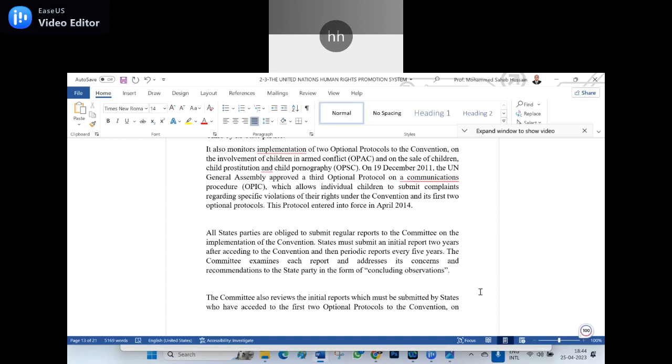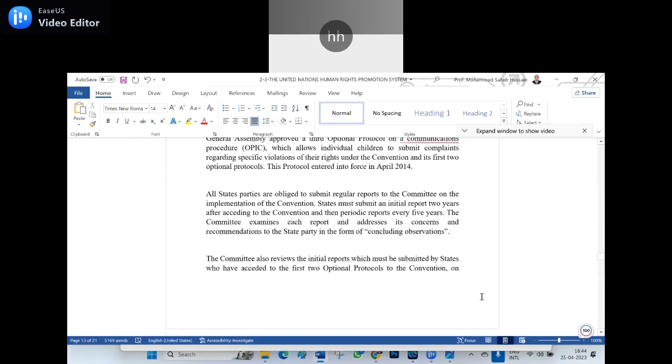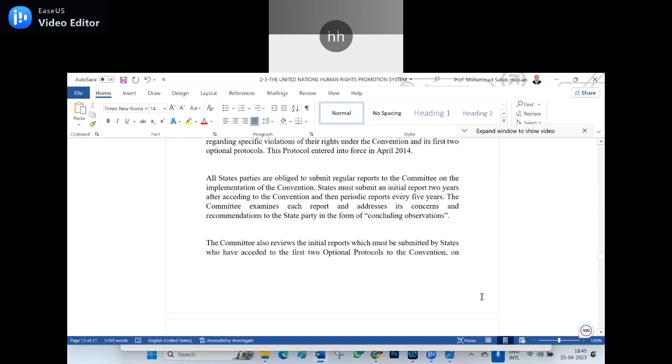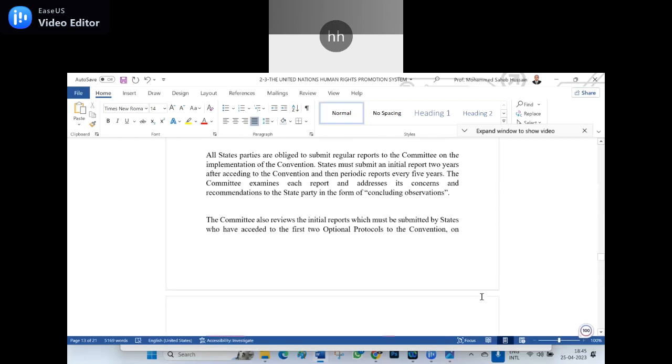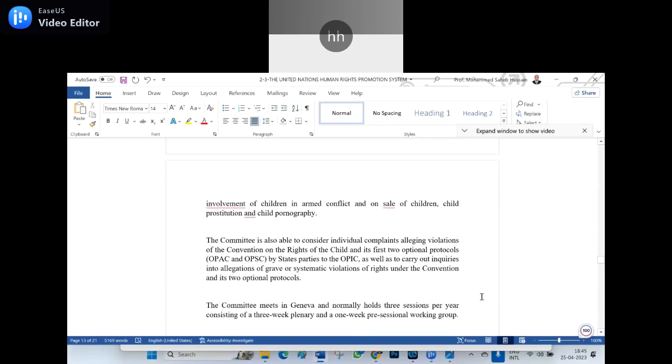And for the first 2 years, they have to make a report every year, but after that, once every 5 years, they have to make the report, and the committee will make the concluding remarks or observations. The committee also reviews the initial reports submitted by the states who acceded to the first two optional protocols of the convention: on the involvement of children in armed conflict, and on the sale of children, child prostitution